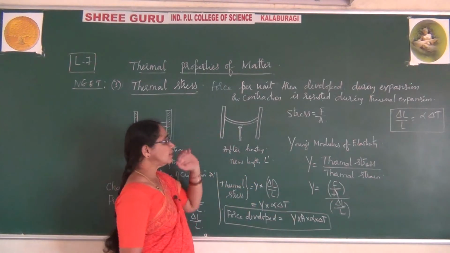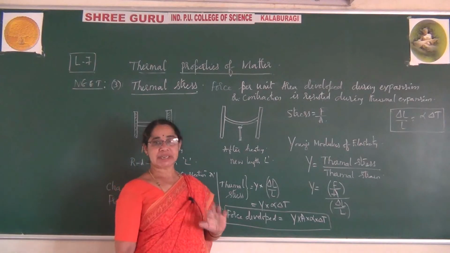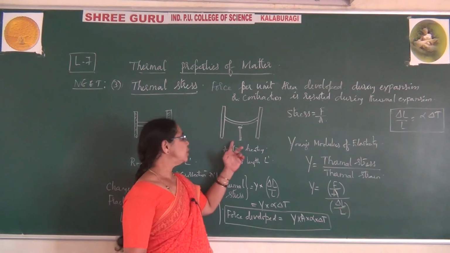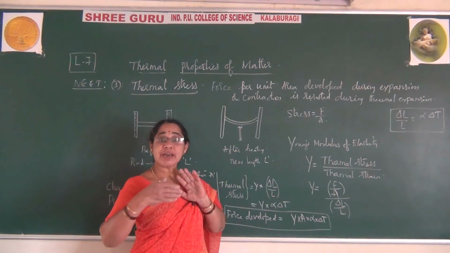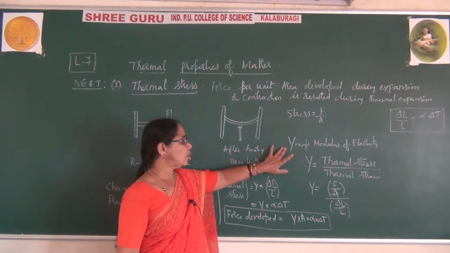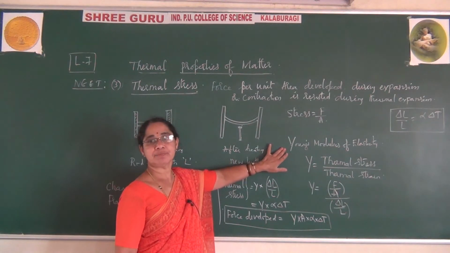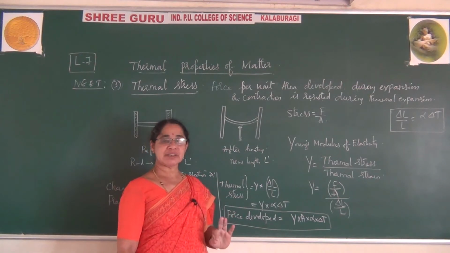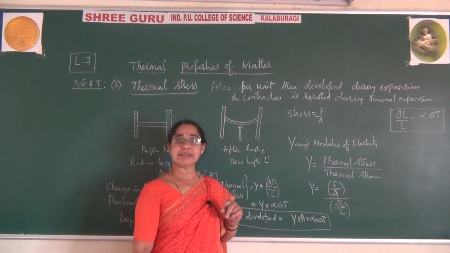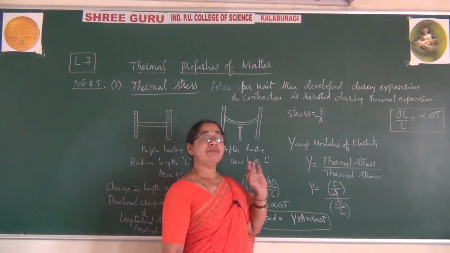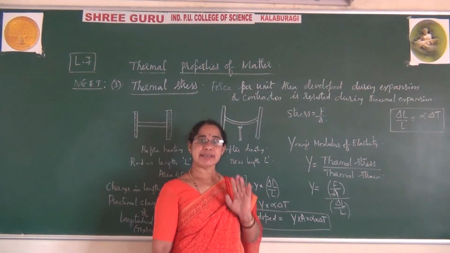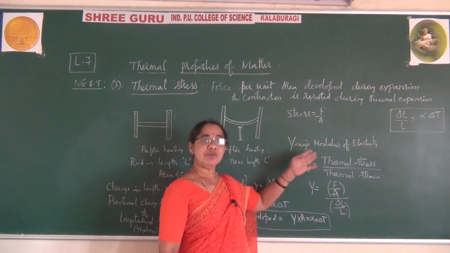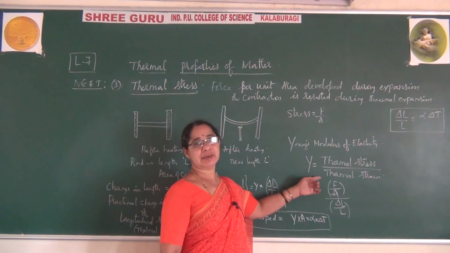Now to explain this rod, this is a solid substance. Different materials will have different moduli of elasticity, and here it only expands along its length. Hence we prefer to go for Young's modulus of elasticity, which you already know from the previous chapter, mechanical properties of solids. Young's modulus of elasticity is defined as the ratio of longitudinal stress to longitudinal strain. But here it is heated, so we say thermal stress by thermal strain.